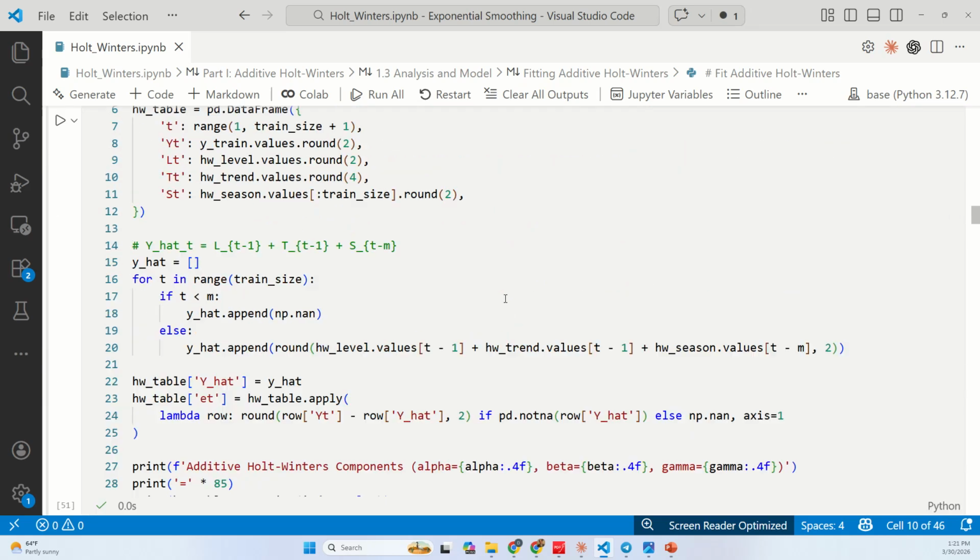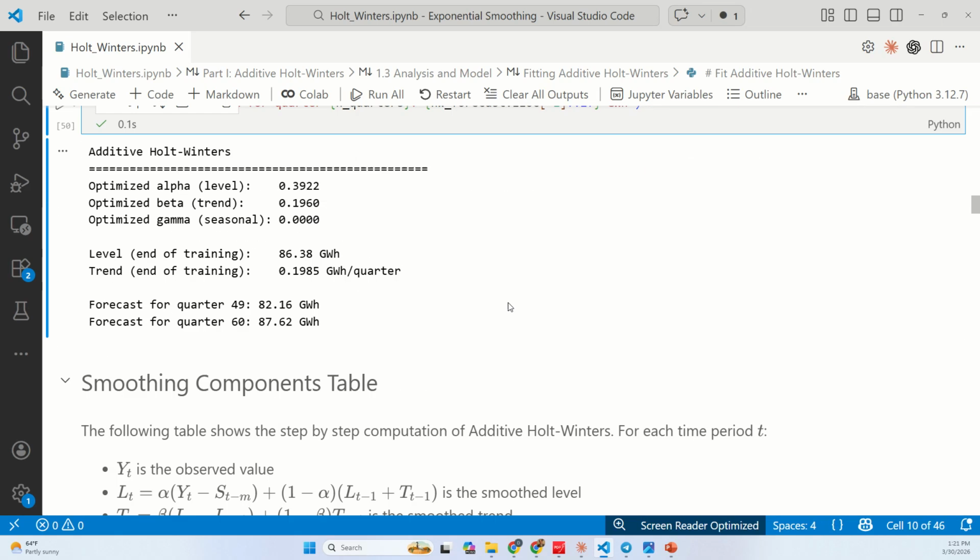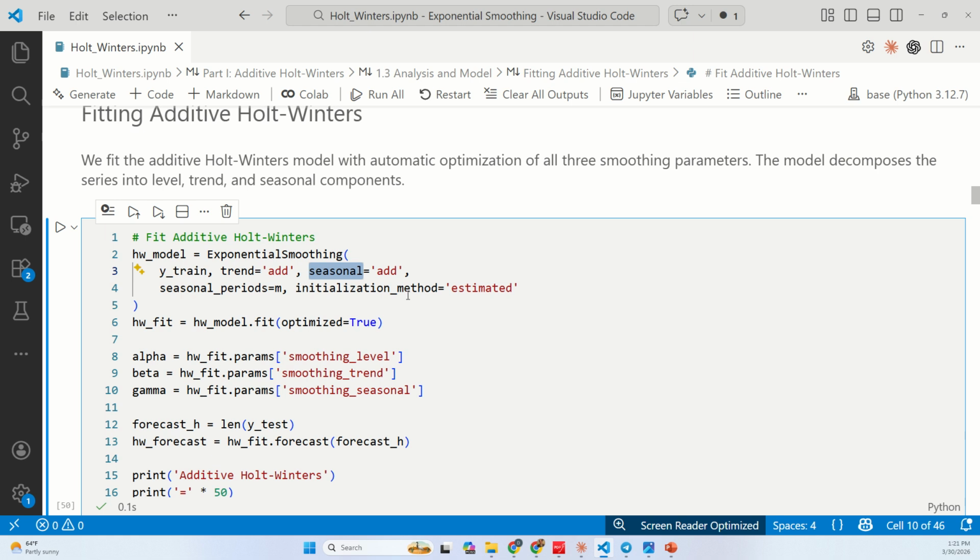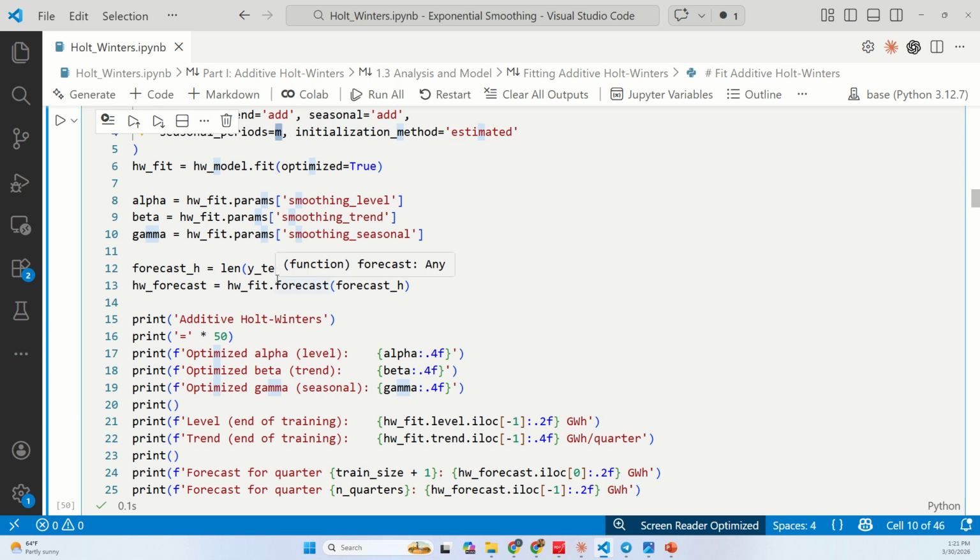So when we define the parameters here, for the trend and seasonal periods, I have to say how many periods we have. Since this is quarters, m equals 4. If our cycle has 12 months and we're analyzing monthly data, then the seasonal period will be equal to 12. This is important because it defines how many seasonal values you're going to find. All right, so we fit our model,